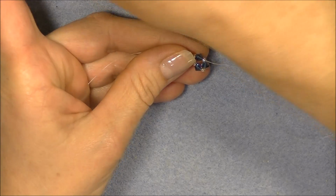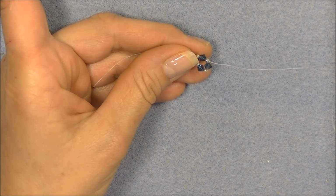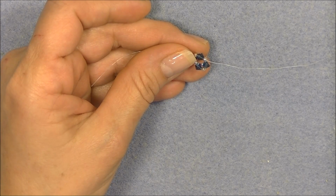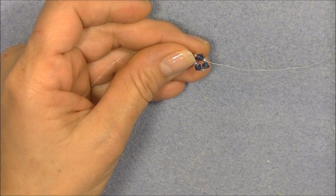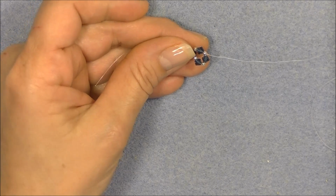Now we're going to put little netting stitches over this, and yes, I'm saying little a lot. Somebody counted them in my last video, how many times I said little. I'm sorry, but these beads are little. So anyway,